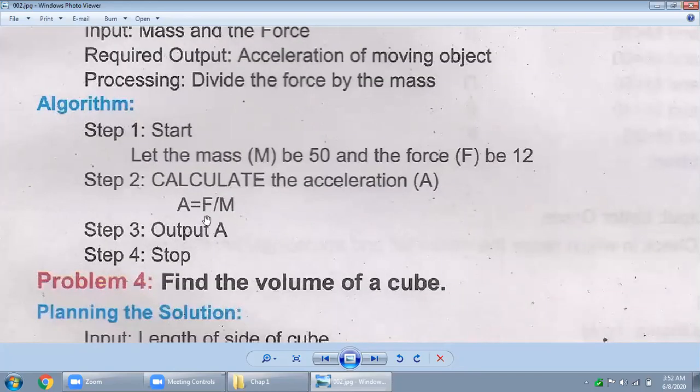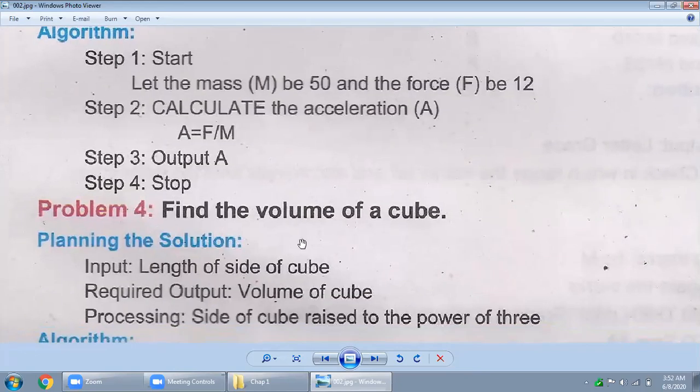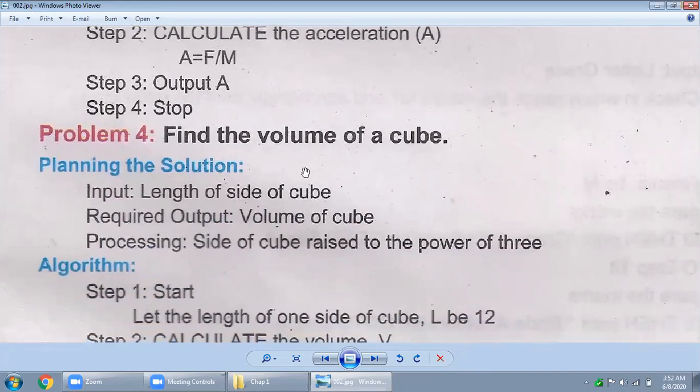Now I am giving you one more assignment. This easily belongs to the exercise question which we have done in the previous lecture. You will have to draw a flowchart over it. Keep in mind, you must know how to draw a flowchart. In the previous lecture, we discussed the flowchart in great detail. Next, find the volume of a cube.